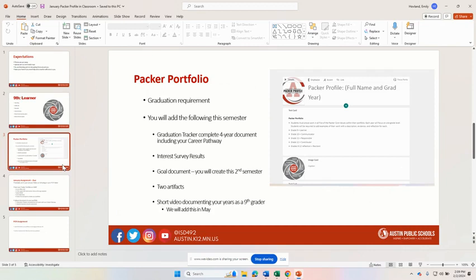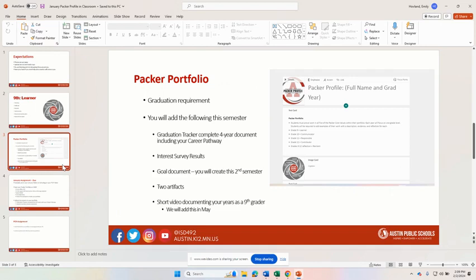This is a graduation requirement, which means you must complete it to graduate, and it also, and more importantly, is really going to help you with your future. It will allow you to highlight the things that you do throughout your 4 years at Austin High School, and really to showcase some of those things that you see your strengths in. You can utilize this in your future with jobs, scholarships, college. There's lots of different ways that you could use your